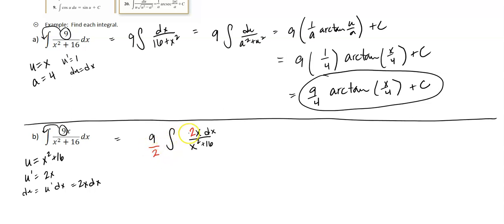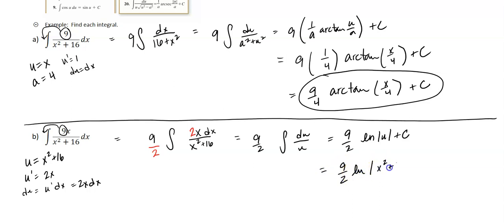And remember, we can do that as long as we're not multiplying by the variable of integration. Anything else you can multiply on the outside with, but just not the variable. So now that I've done that, I have 9/2 times the integral of du over u. And according to the list, that evaluates to be 9/2 times the natural log of the absolute value of u plus c, which is 9/2 times the natural log of the absolute value of x squared plus 16, all plus